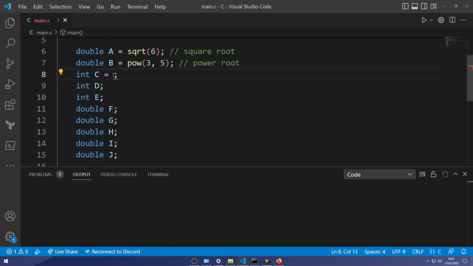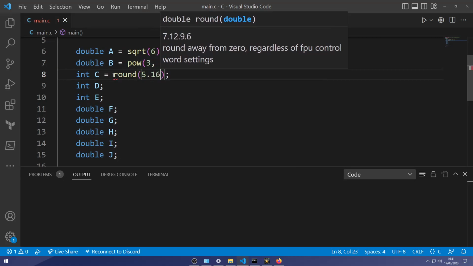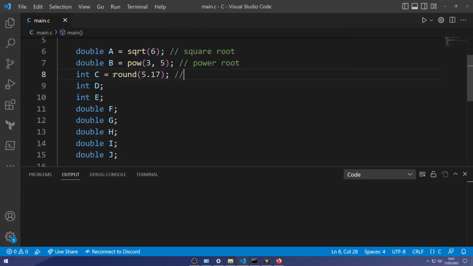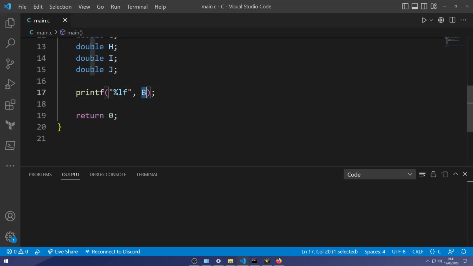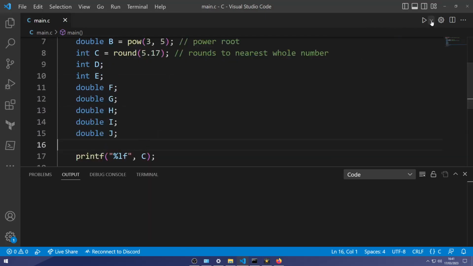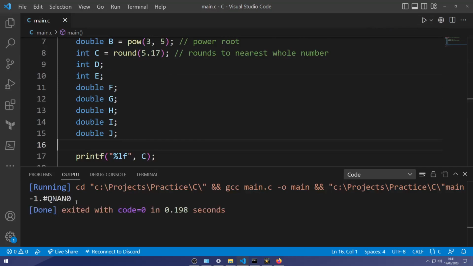And now for our c variable, we're going to use round. And this rounds to the nearest number. So 5.17 is going to round to 5. And looks like I'm getting an error here.